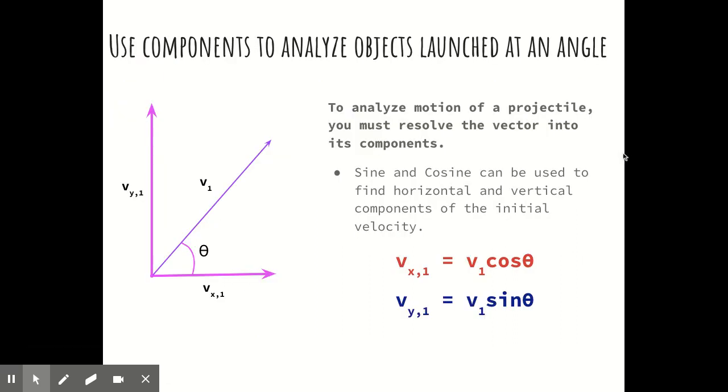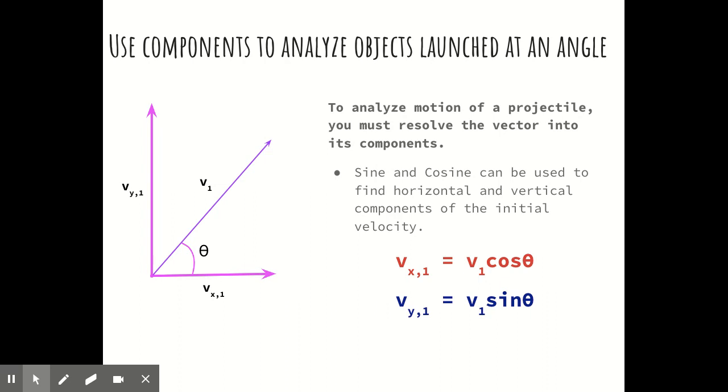So again, we can use our components to analyze objects that are launched at an angle. Before, we were talking about objects that were launched from somewhere up high and were falling. These formulas are going to be used to solve for things that are launched upward, like our rockets will be. Okay, so to analyze the motion of a projectile, again, we're going to have to resolve the vector into